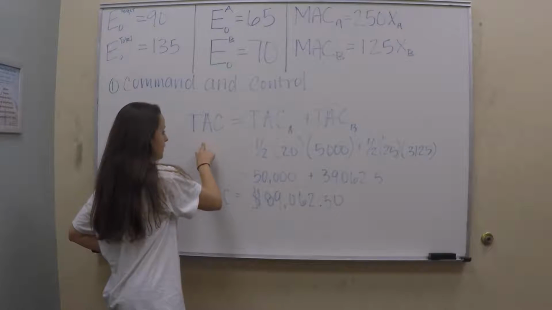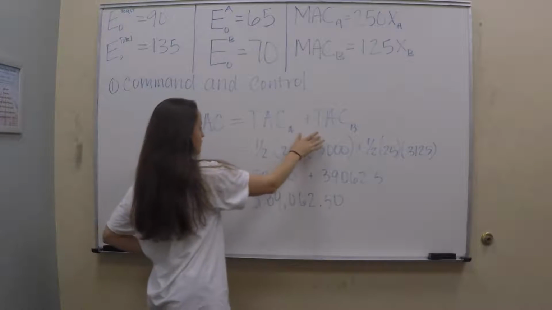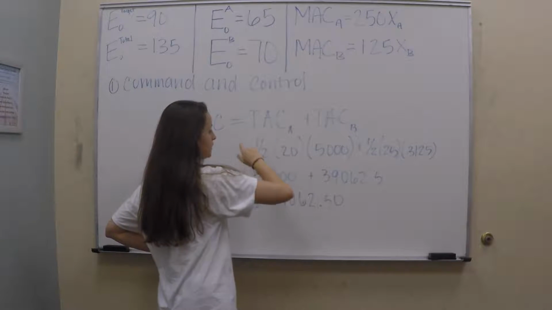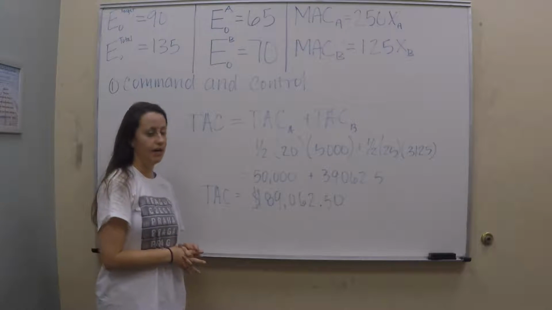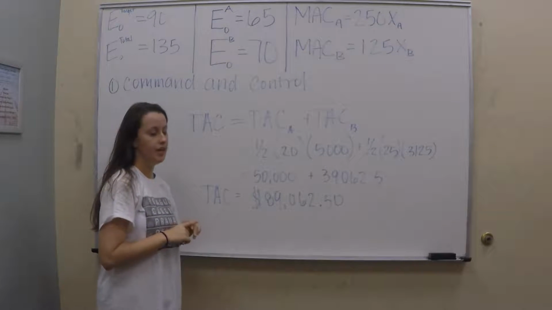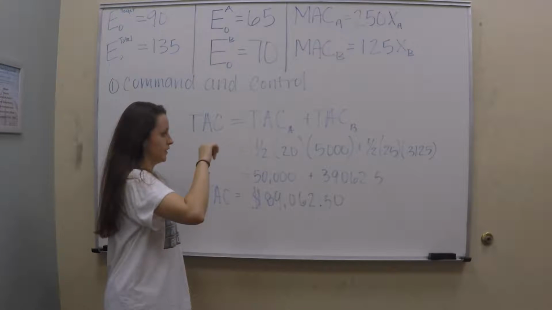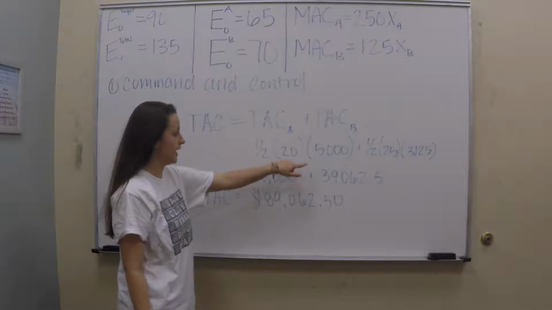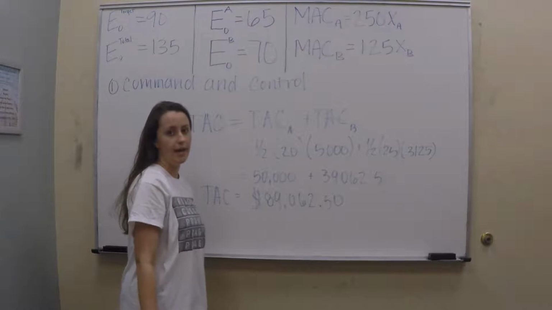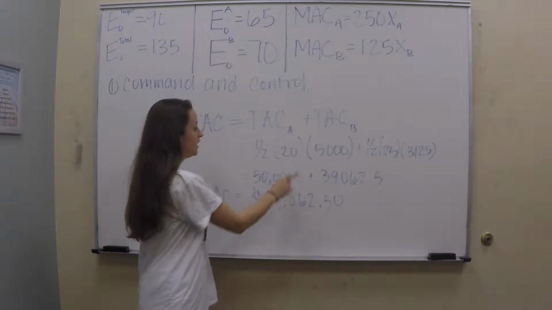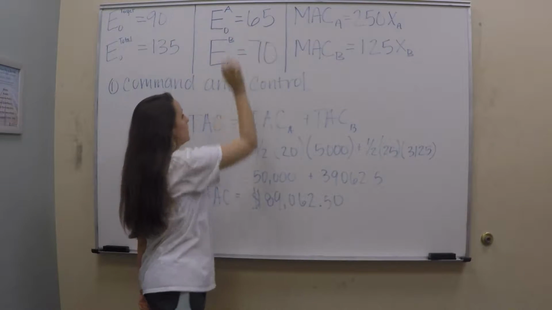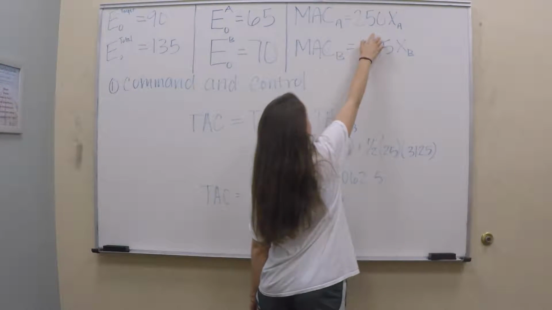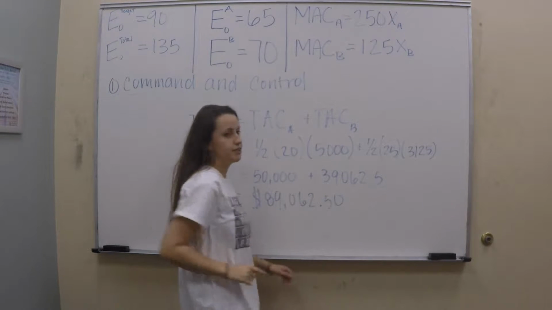To find the total abatement cost, you add the 2 firms' total abatement costs together. In order to get this formula, you can use the graph and find the triangle underneath the marginal abatement curve to find the total abatement cost, and it's 1/2 base times height. So this base is the x-axis, which is the abatement, so that's the 20 from this firm, and so the 20 you plug in to this, the 250 times 20 is the 5,000,